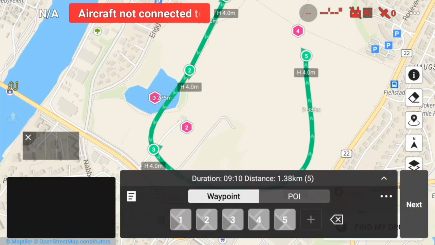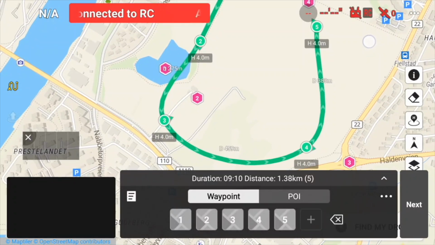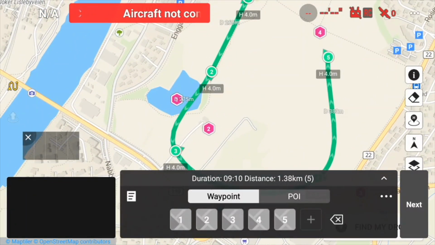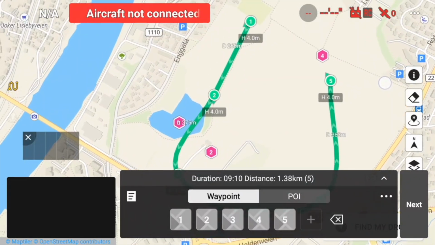Then another thing, you can change the height of every point. You don't want it to be the same all the way, because then it will be a very boring movie.